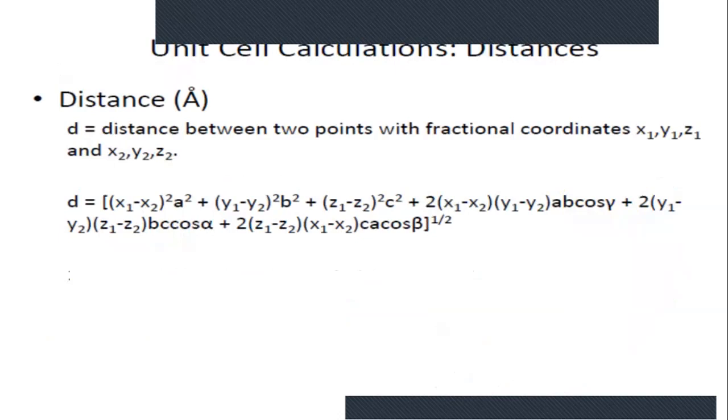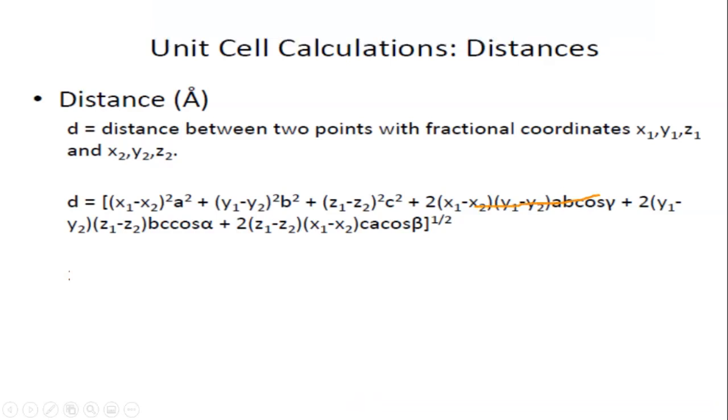between those 2 points. And if those 2 points are atoms, you can actually calculate the bond length between the 2 points. And this is an equation that puts the distance in angstroms. So you have to know the 2 fractional coordinates, and you have to know the lattice parameters. And as you can see, if all your angles equal 90, well then this would cancel out, that would cancel out, and that would cancel out if your angles are 90. So you're just left with this component